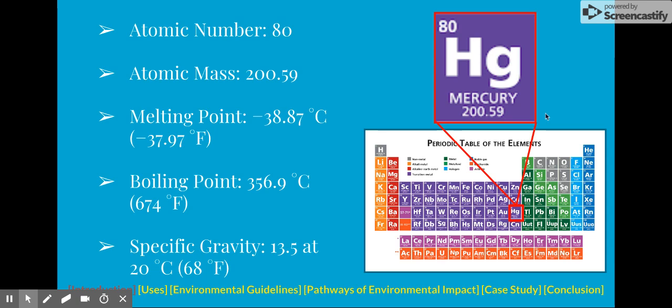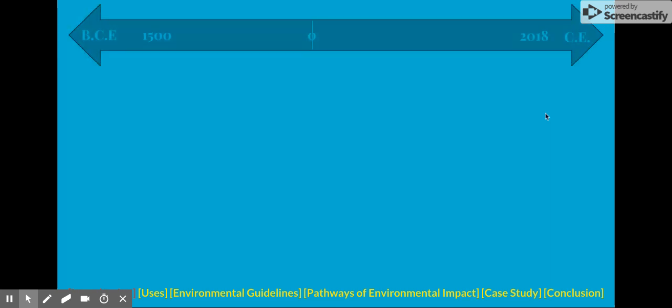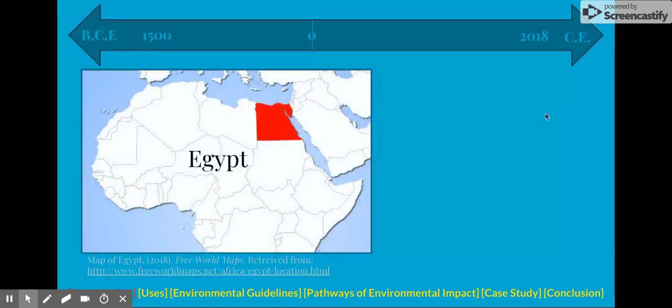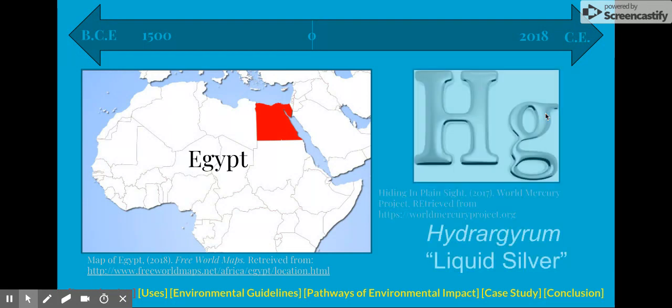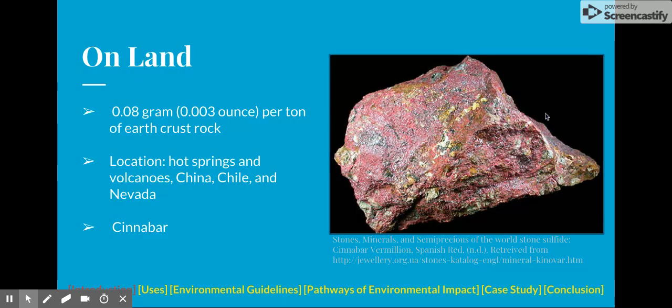These elemental properties contribute to why mercury is rather heavy for its volume and the only common liquid metal at room temperature. The known presence of mercury dates back to 15 BCE in Egypt. The chemical symbol of mercury is Hg because its Latin name is hydrargyrum, which directly translates to liquid silver, which is why mercury is sometimes referred to as liquid silver.